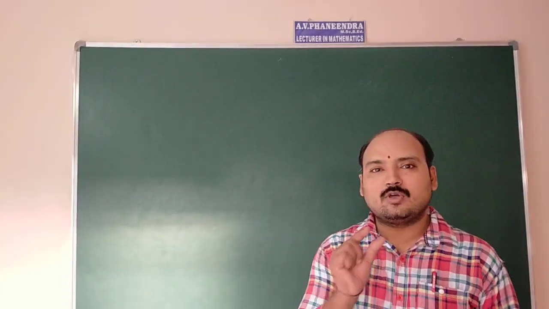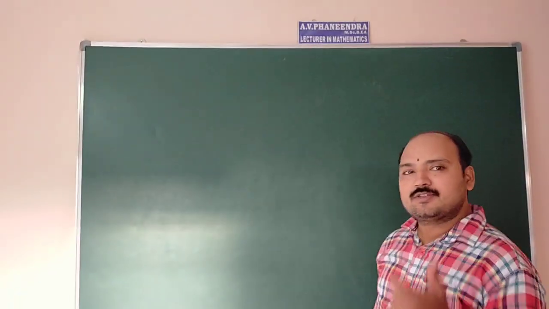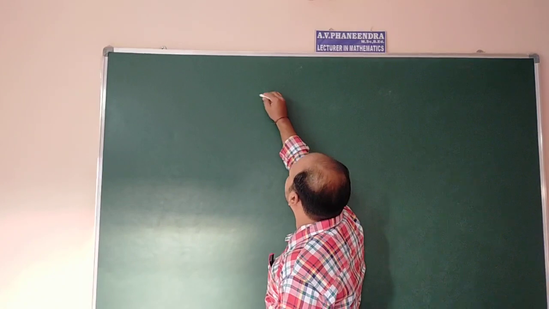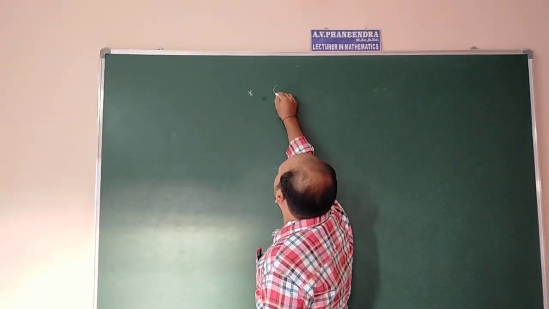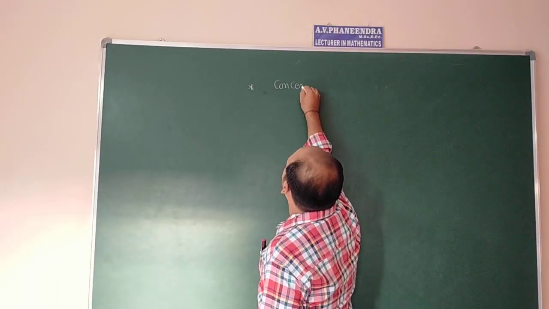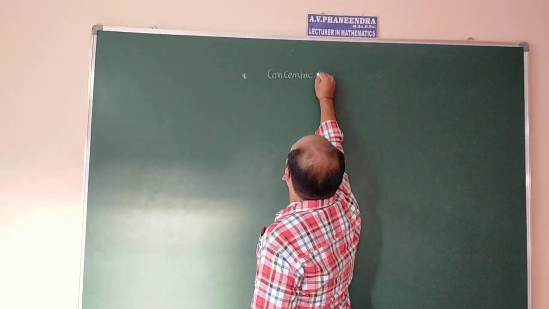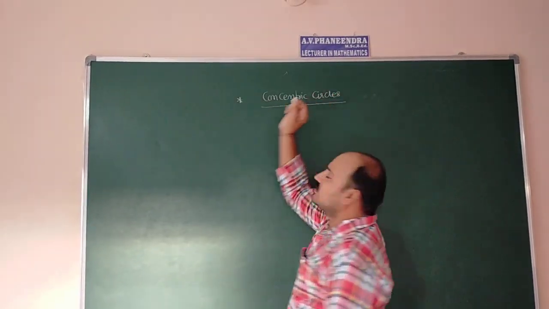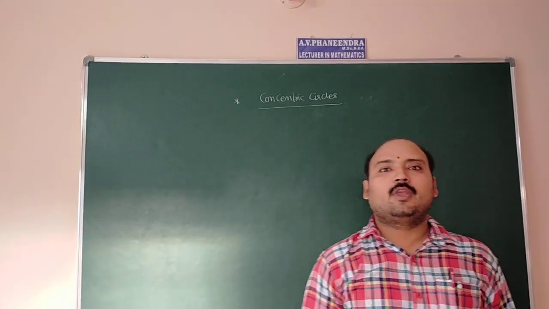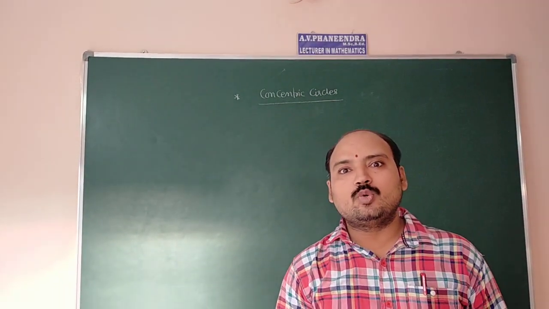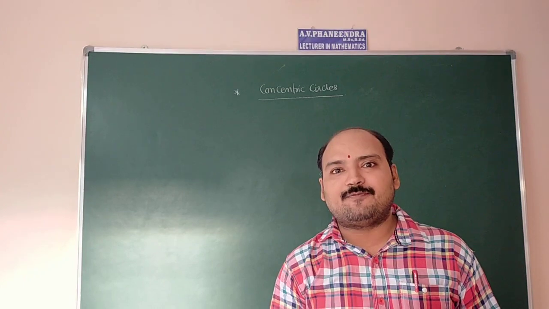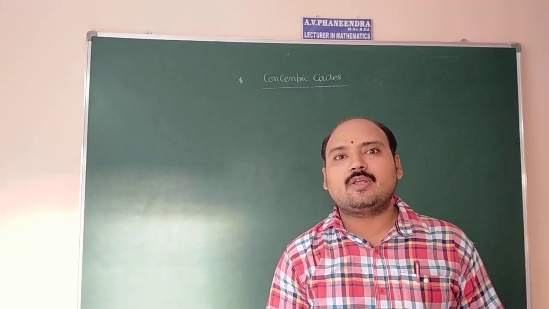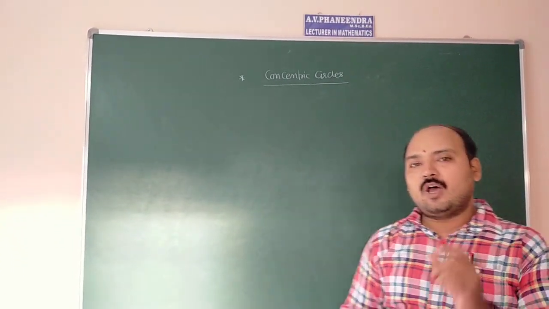Next concept, concentric circles. This concept is very important in boards. What is the definition of concentric circles? The circles whose center is the same with different radii are called concentric circles. Observe that